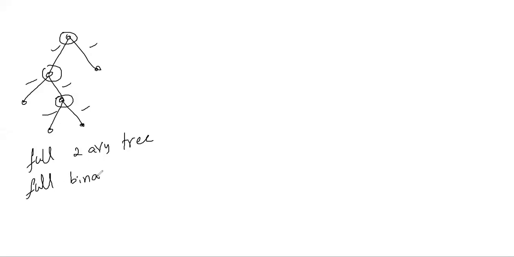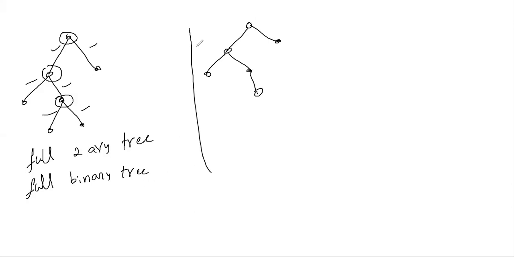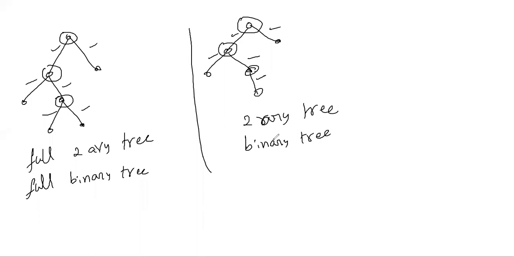Full binary tree. Okay. Now, for example, only a two array tree. Only a two array tree means, for example, this one. What are the internal vertices? These are the internal vertices. How many children here? Two, two. How many children here? Two, two. How many children here? This is also an internal vertex, how many children? One. So the maximum is two children. So this is called a two array tree. It is not full. A two array tree is a binary tree.